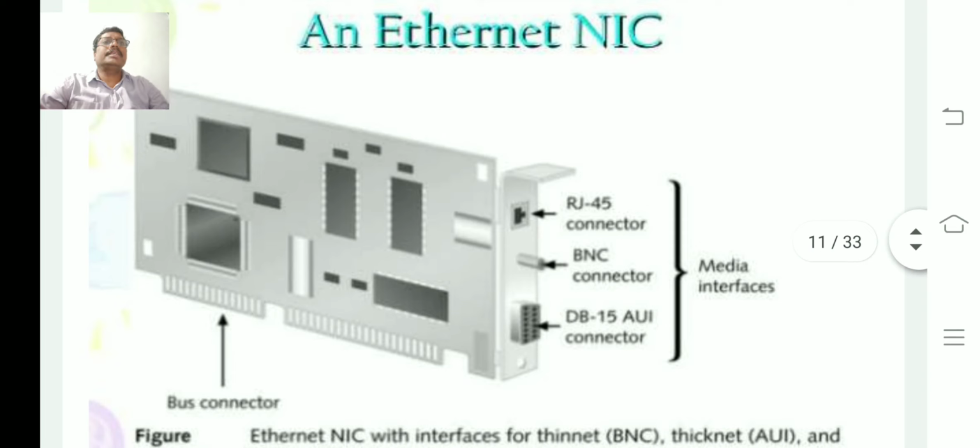The Ethernet NIC, the Ethernet network interface card, as I said, is inbuilt. It is one of the devices. In olden days we connected it externally, but nowadays it is available inbuilt in the system. The RJ45 connector port is available, and we also have a BNC connector. We can connect the coaxial cable also. The BNC shape is there, and DB15. This also we need to connect.